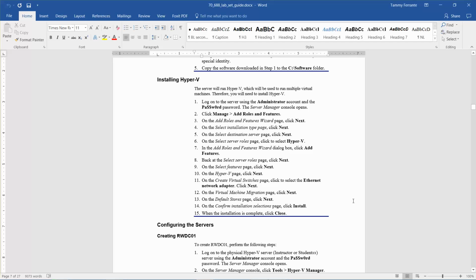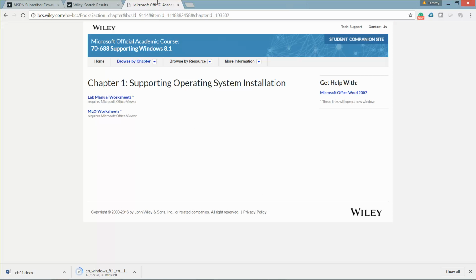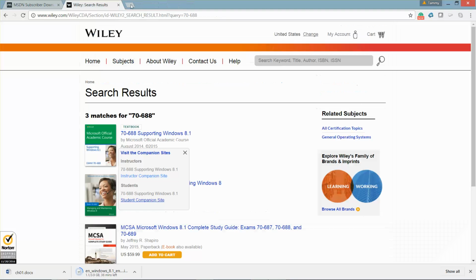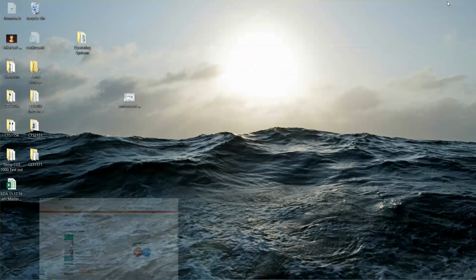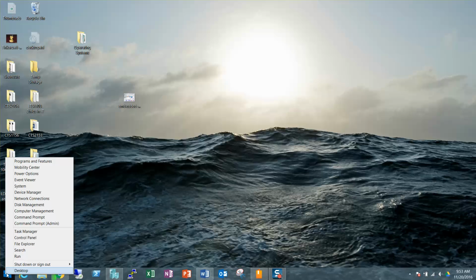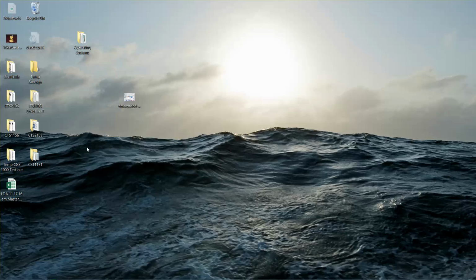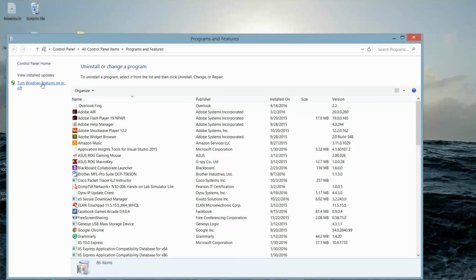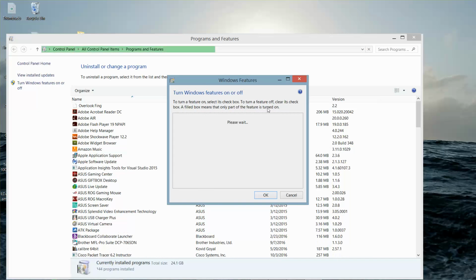The next thing you're going to need, if you're going to work through these labs, is Hyper-V. Now I have Windows 8.1 Pro. Go ahead and minimize this for a minute. So to access Hyper-V on 8.1 Pro, if you right-click your Windows icon and go up into Programs and Features, and then select Turn Windows Features On or Off,